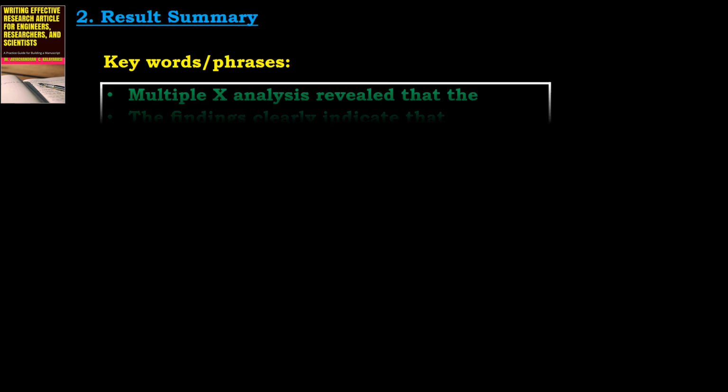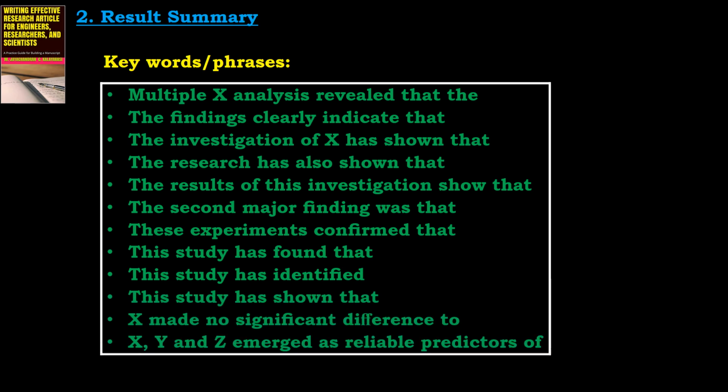2. Result summary. The purpose of summarizing the main research findings is to remind the reader of the importance of the study. Summary findings comprise only the most relevant facts and arguments. Here are some common phrases used in publications. Key phrases are: analysis revealed that; the findings clearly indicate that; the investigation of X has shown that; the research has also shown that; the results of this investigation show that;